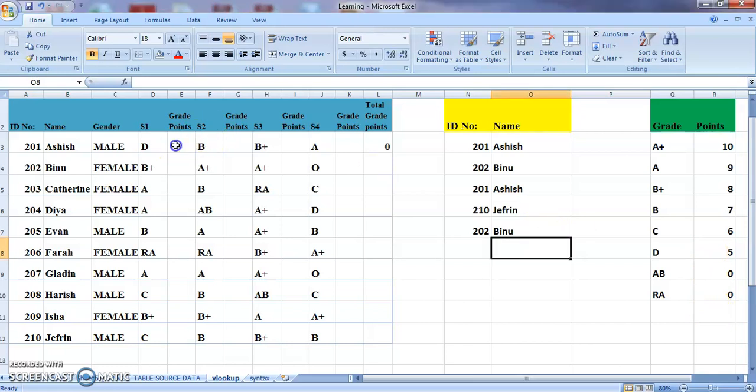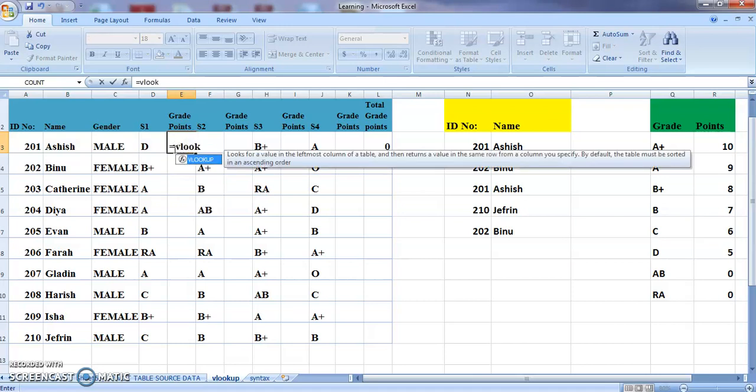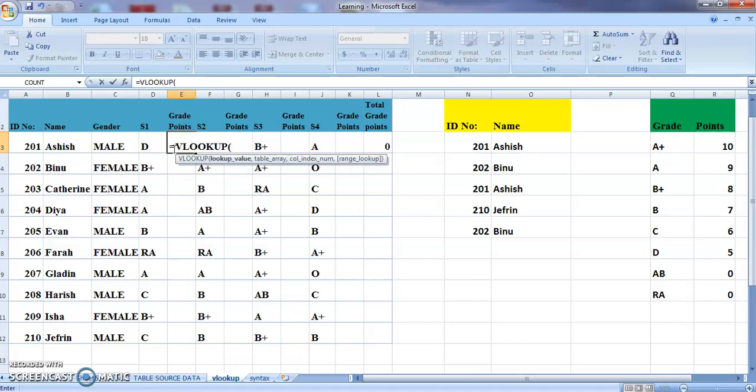So what you have to do is select the cell over here, go for equal to VLOOKUP, press tab, then where is your lookup value? The lookup value is in this particular cell, and the table array, it is over here. I am going to select the entire table. Now to lock it, I can give a dollar sign, so I can copy to the entire column. I'm locking both the rows as well as the columns. Otherwise, you can press F4 as I told you before.